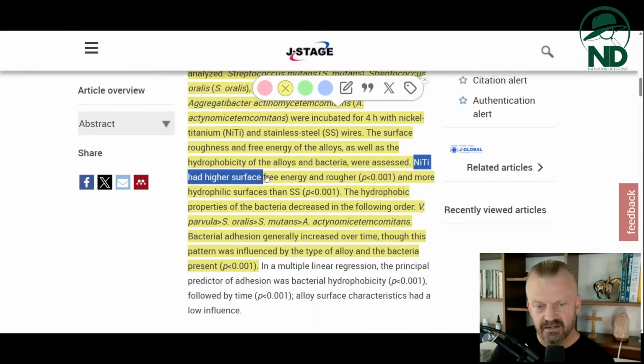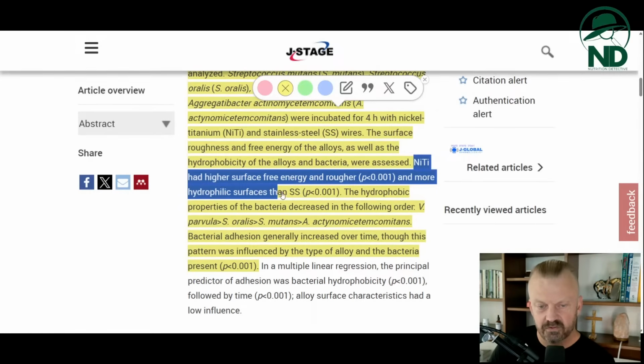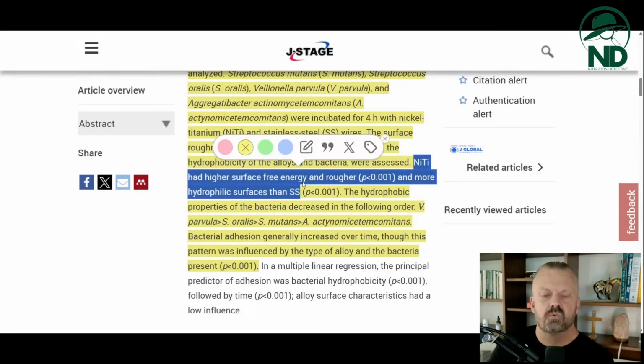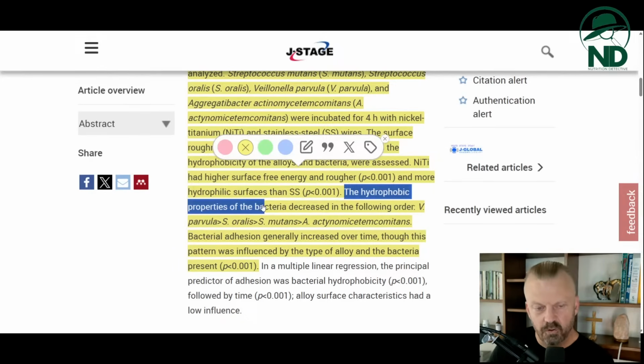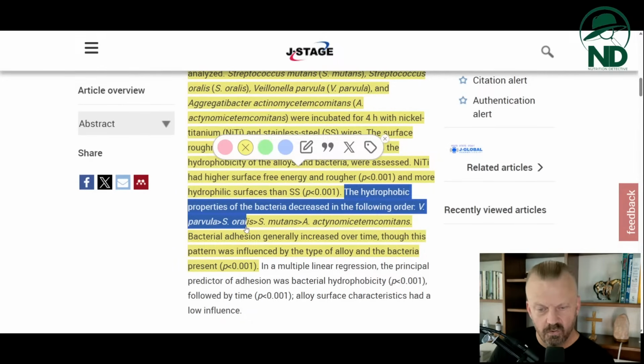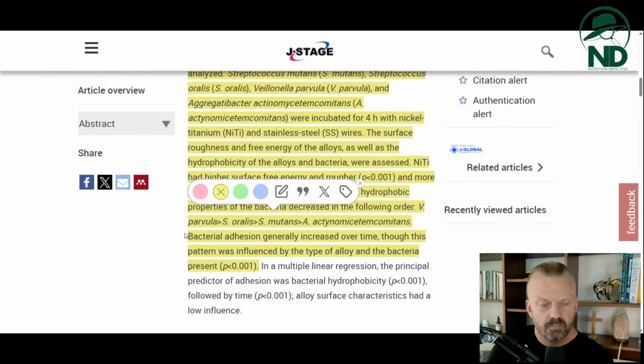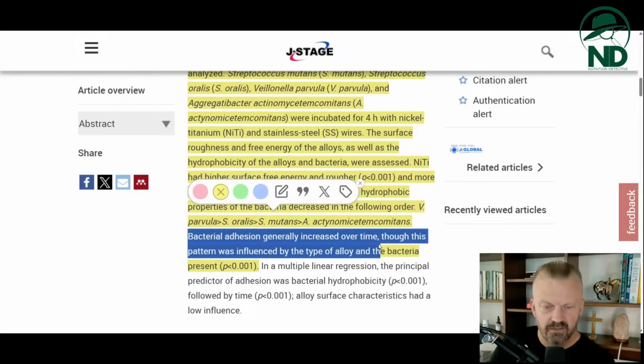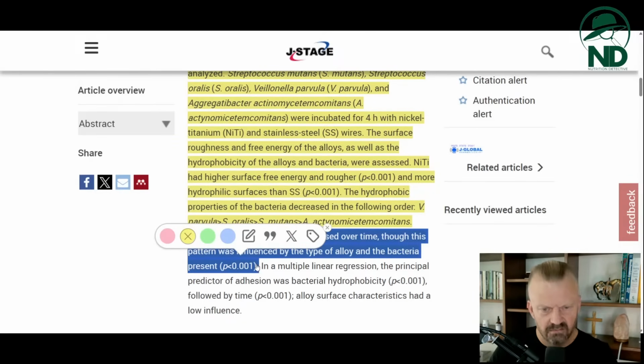Nickel titanium had a higher surface free energy and rougher and more hydrophilic surfaces than stainless steel. So now we get stainless steel was lower than the nickel titanium. It just wants the nickel. The hydrophobic properties of the bacteria decrease in the following order. Bacterial adhesion generally increased over time, though this pattern was influenced by the type of alloy and the bacteria present. So bacterial adhesion increased over time, right? The longer